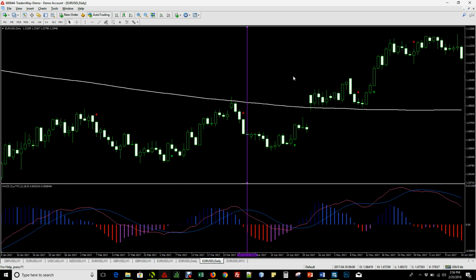Now, if that second candle closes below the previous candle for a short, then we go ahead and enter. If it closes above the height of the candle, then we avoid it and we wait for the next signal. Okay, so in this example here,